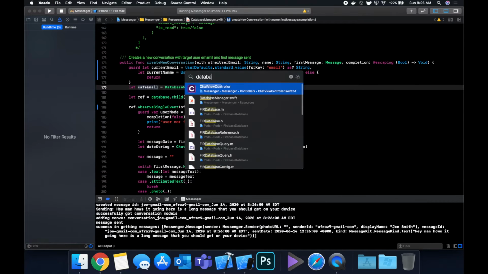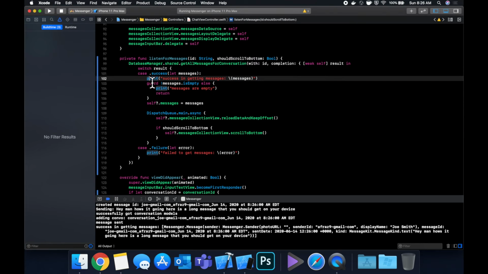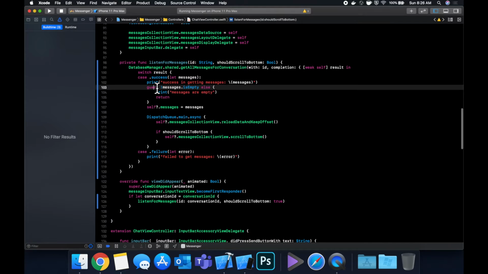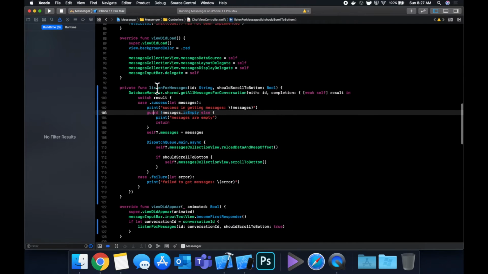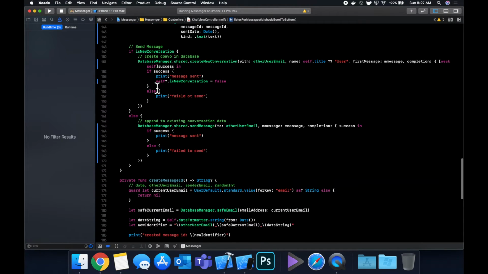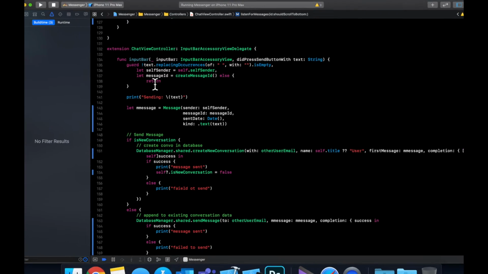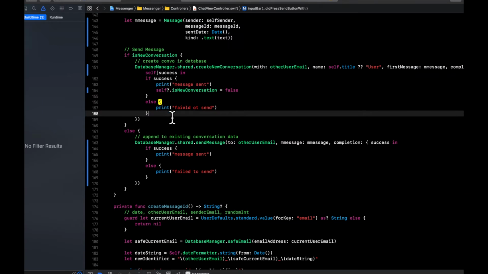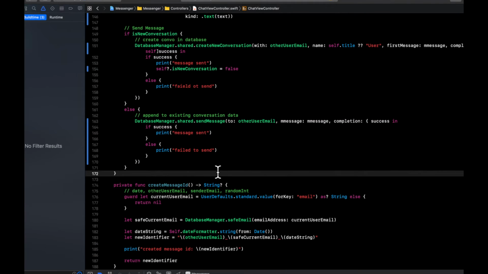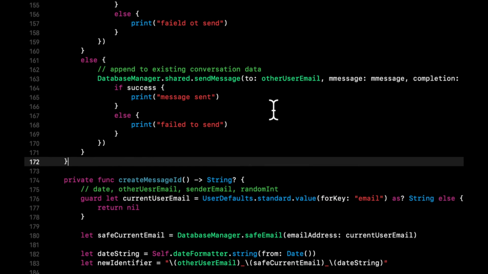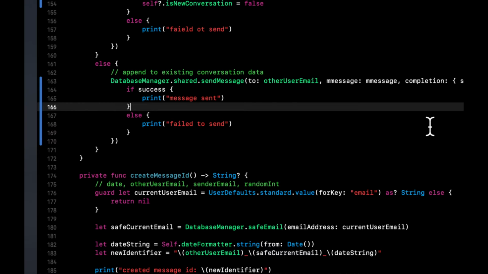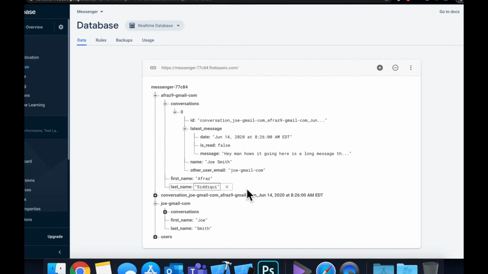So again, we're gonna go to the chat view controller, and the first thing we want to do is as follows. So in the function where we actually start sending a message, which is this guy over here, this is called when the send button is clicked, we create a message object. This is what we do for new conversations, and this is what we need to do for existing conversations. We already stubbed it out. It's a function on our database manager where we are sending a message, and we pass in the other user email and the message. What I suspect we also want to pass in is the conversation ID,